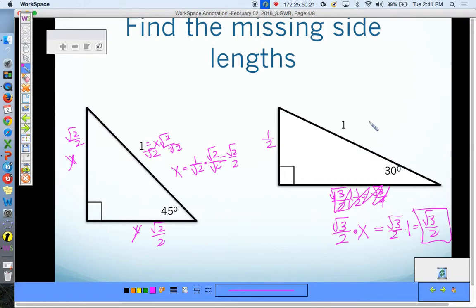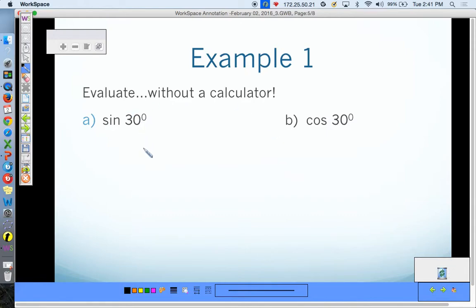I hope that makes sense, because in this case, this was x, our ratios. This one was x over 2, and this one was the square root of 3 over 2 times x, and our x value here is 1. Sorry about that. So now we're going to try to evaluate these without a calculator. If we have our 30-degree angle, and we're trying to find